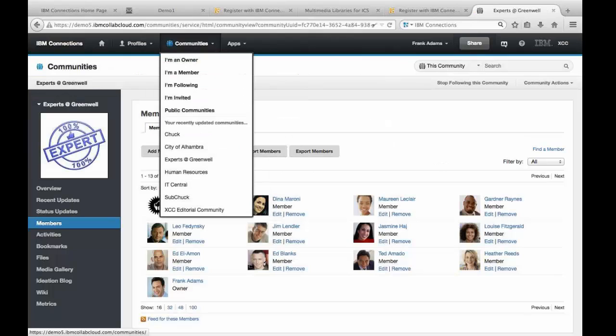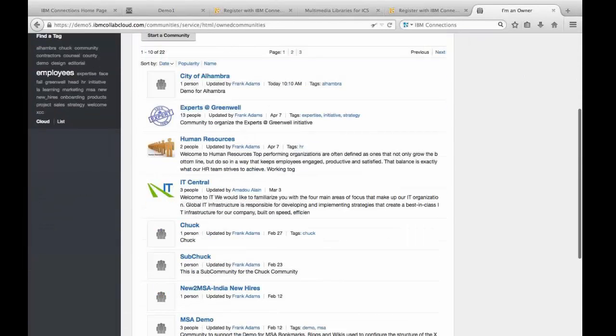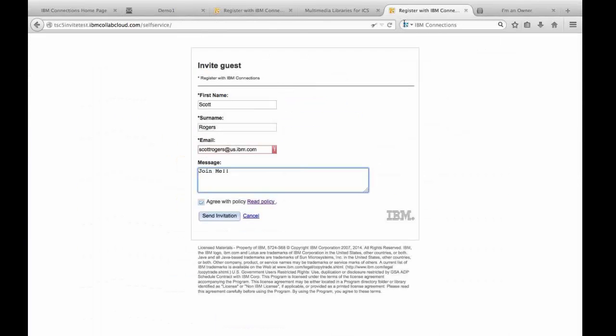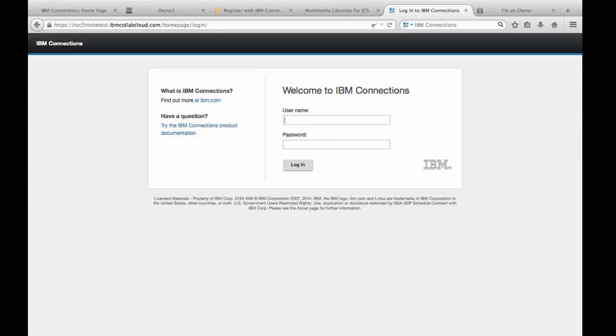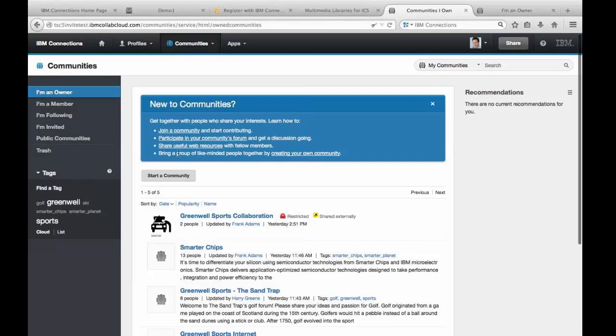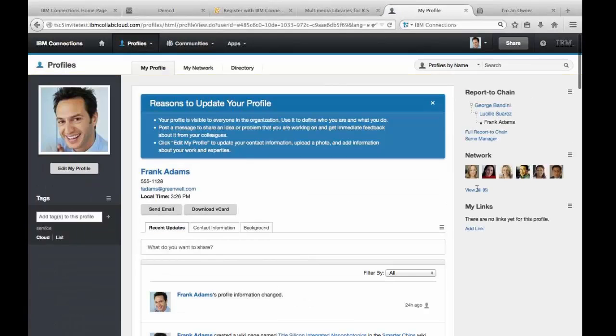Frank can then work with external users in their environment. And just one second here, I'm just going to set up this again. Frank logged out. There we go. So Frank's got a community in which he's enabled it to be restricted but allow external users